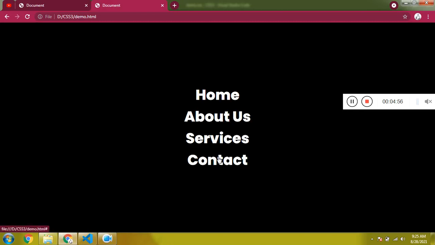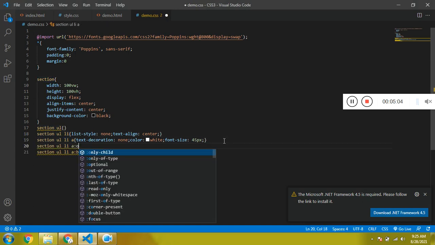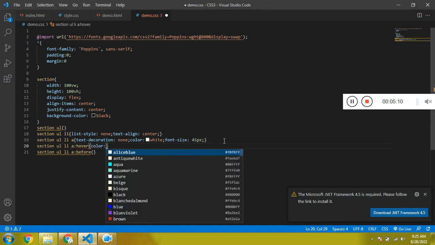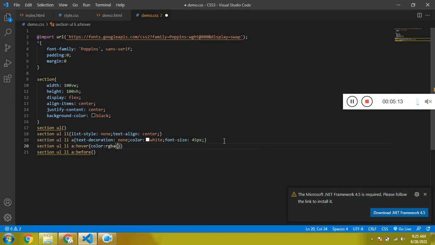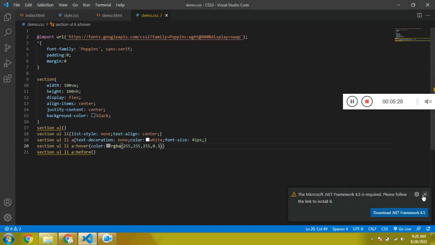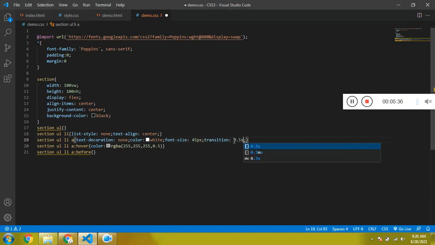Now let me decrease the opacity for the anchor tag. When I hover on the anchor tag, I want to decrease the opacity. So let me choose the color RGBA. A is because we are going to use the opacity: 255, 255, 255, 0.5. So if I hover it, you see this is how it looks. Now to have a smooth transition, I want to add transition 0.5. Yes,